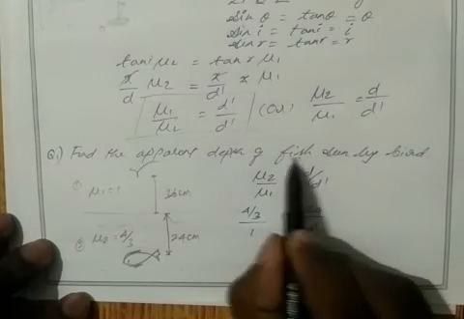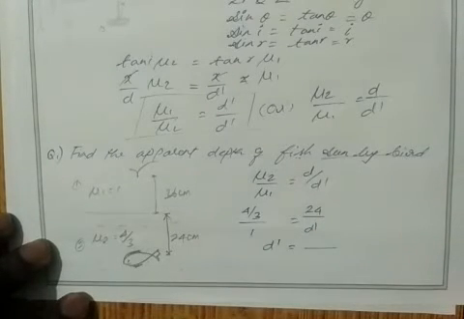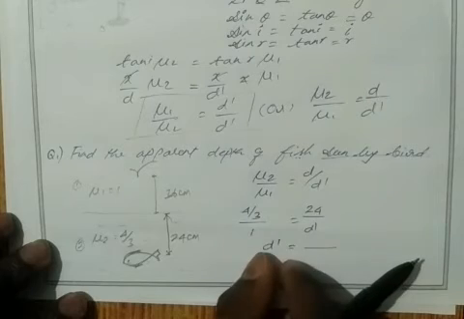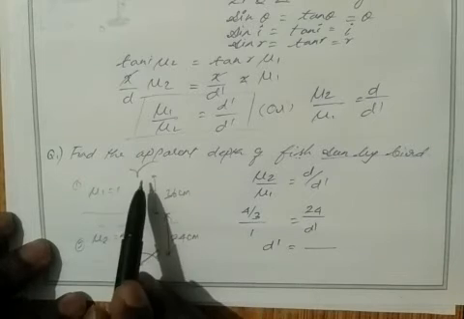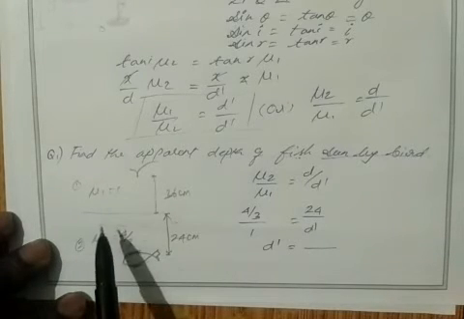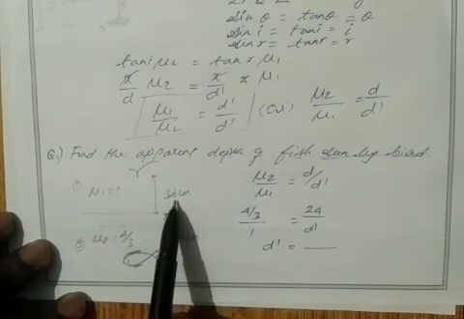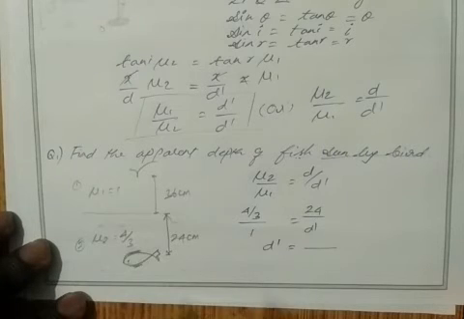What is asked here? Fish seen by bird. So the bird is flying 36 centimeter above. So you have to add 36 to this d dash, then you will get the answer. So find d dash first. Then the bird is flying 36 centimeter above, so you have to add 36 centimeter to this d dash. That is our apparent depth of the fish as seen by the bird.